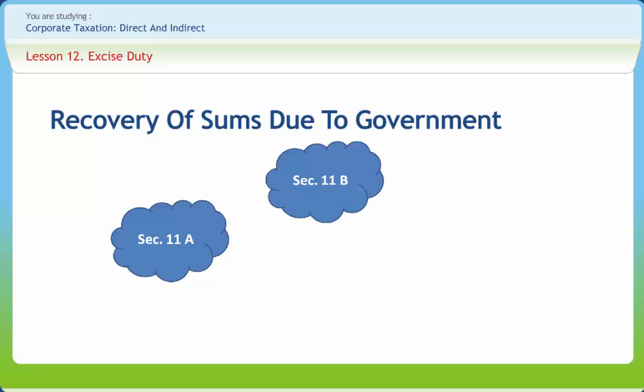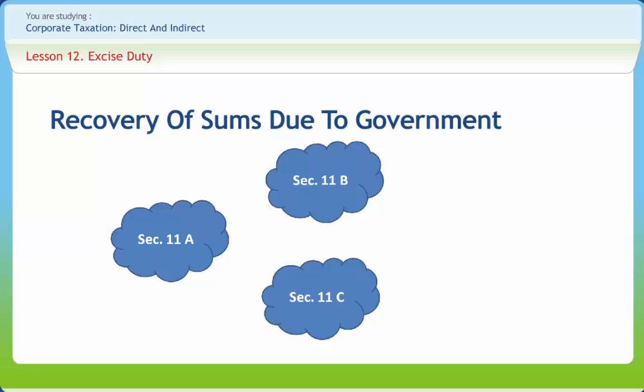Notwithstanding anything to the contrary contained in any judgment, decree, order, or direction of the appellate tribunal or any court, in any other provision of this Act or the rules made thereunder, or any other law for the time being in force, no refund shall be made except as provided in subsection 2. Section 11C states power not to recover duty of excise not levied or short levied as a result of general